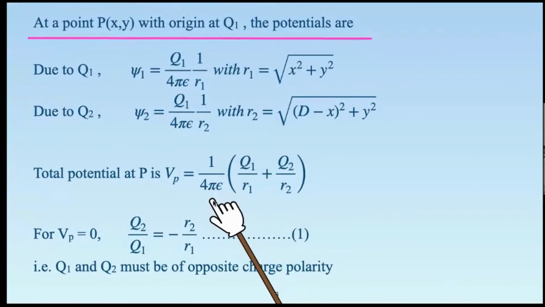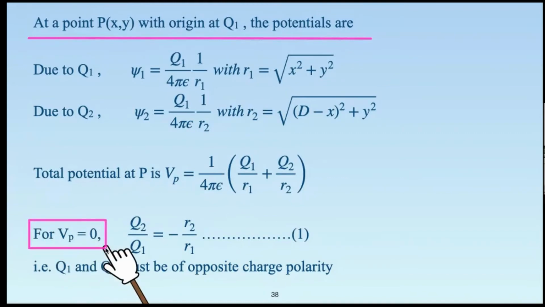Now we would like to arrive at the condition by which the surface potential of the sphere can be made zero, in order to have accuracy in the measurement. So the boundary condition, which we have studied in the EMF subject in unit number 4. The boundary condition on the surface: if we have potential to be zero, then how will this equation express? If Vp, the left hand side, is equal to 0, this means that these two terms, since the prefactor is a constant, must cancel each other out. Then only Vp will be 0.